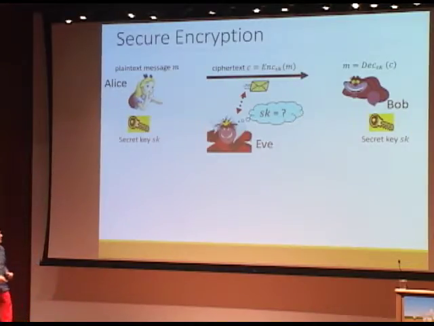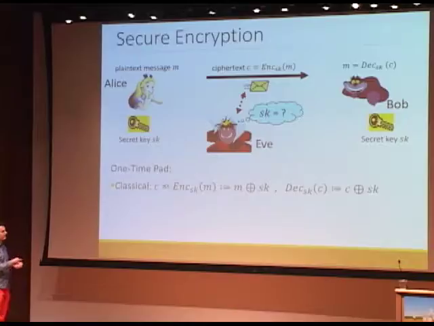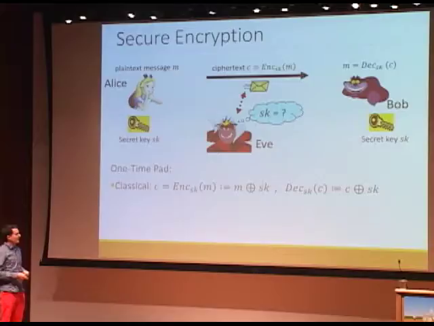So if I ask in this room, how would you do that? I would probably hear, what do I hear? QKD, yeah, it's already been done. The key is there, so you just need to encrypt. How do you encrypt? One-time pad, exactly. You just do one-time pad. There's a classical version, which basically means you just do bitwise XOR of the message with the bits of the secret key, and the decryption operation is the same.